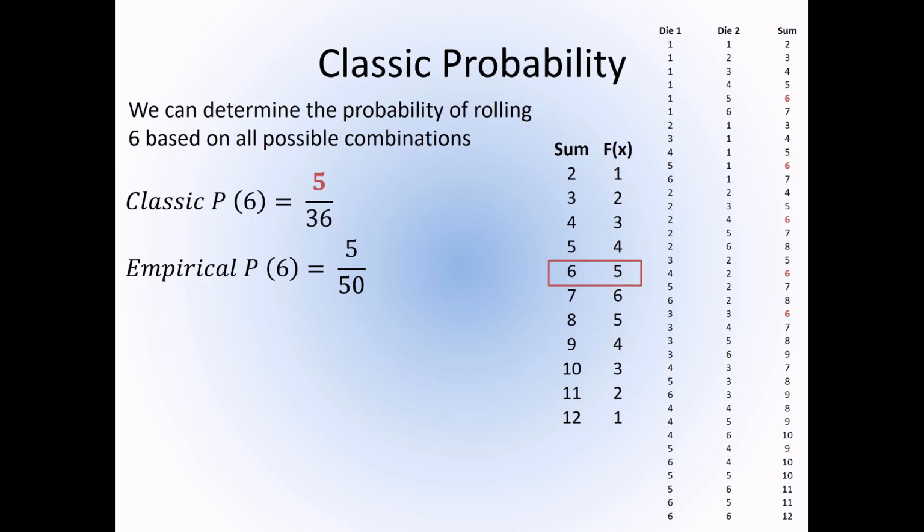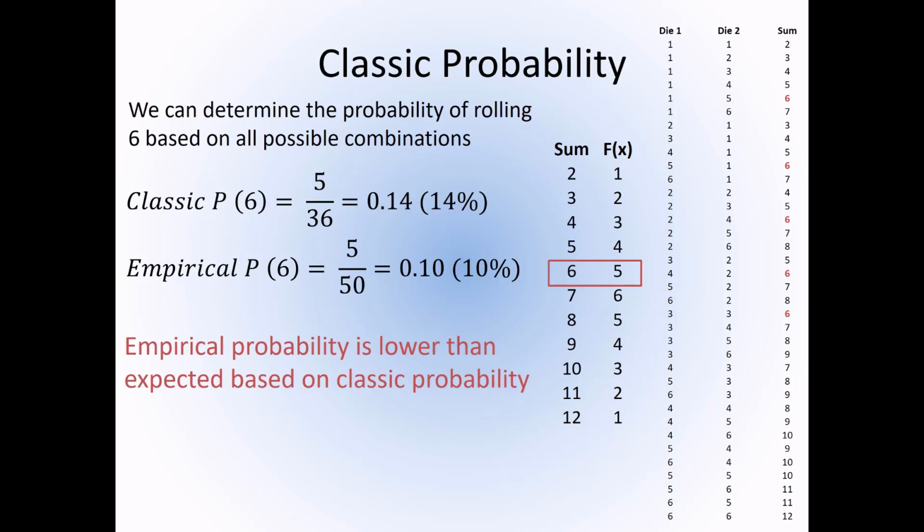Now what we clearly see is that there's a difference in the probability of rolling a 6 when we're considering classic probability versus empirical probability. The empirical probability is lower than what we would expect. Now, this doesn't mean that classic probability or empirical probability is wrong or inappropriate to use, but what is important is that we know the difference between these two and we know when to use them. So we're not going to go into super detail as far as determining probabilities, but this is something that you should be aware of based on your prior knowledge of mathematics, and I'd also encourage you to check out section 5.1 of the text to brief yourself on this.